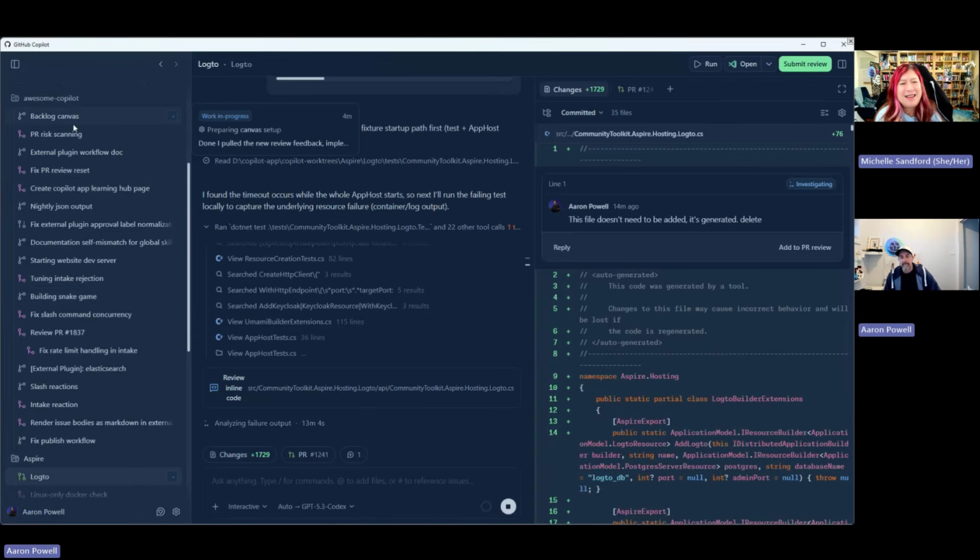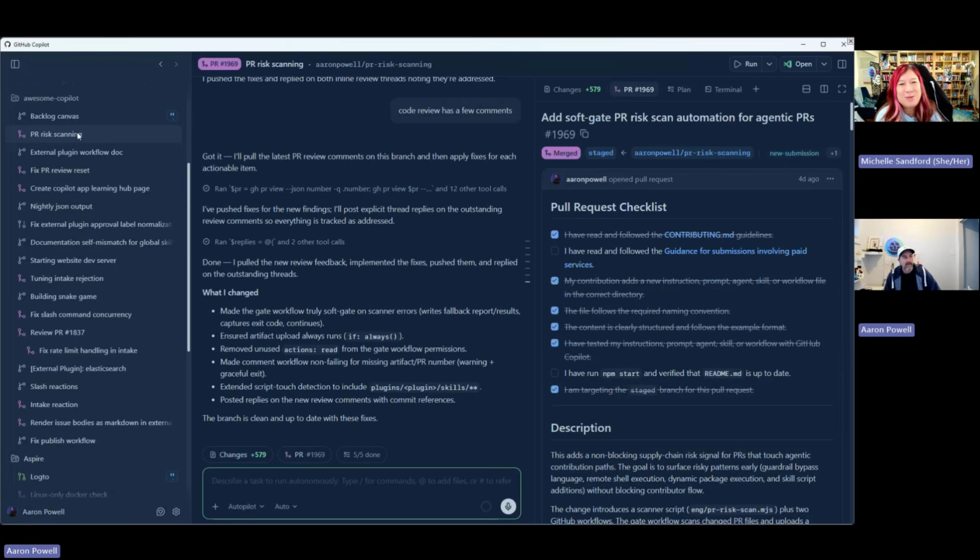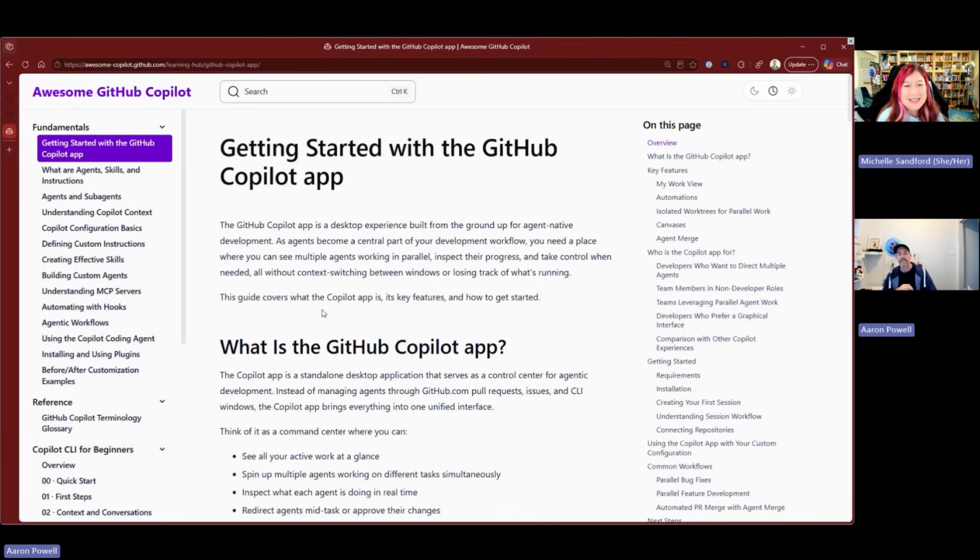And that's another thing that Awesome Copilot is pretty useful for, huh? Getting those skills, those tools, those hooks, putting all of those things in, so you don't have to do it from scratch. You can go there and get the best practice recommendations from the community and add those things in.